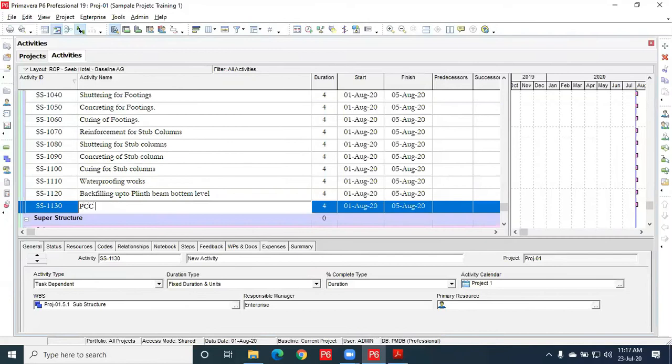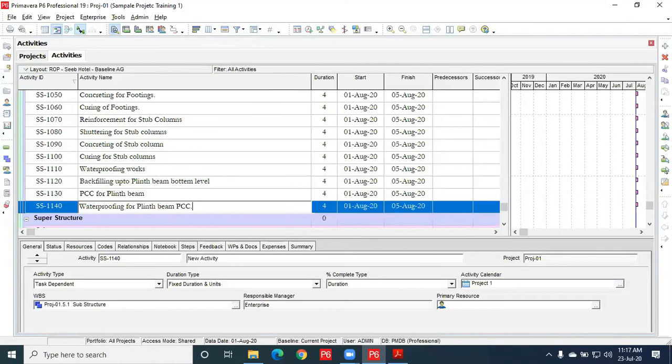Then PCC for plinth beam, then reinforcement or waterproofing for plinth beam PCC.